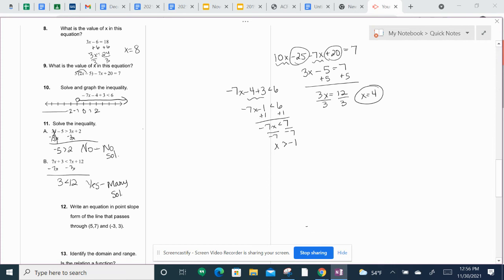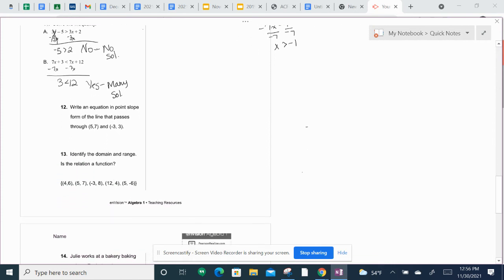All right, now we move into chapter 2, writing an equation in point-slope form. Point-slope form tells me I need a point and a slope. They give me points, but they don't give me slope. So we have to start by finding slope by taking y minus y